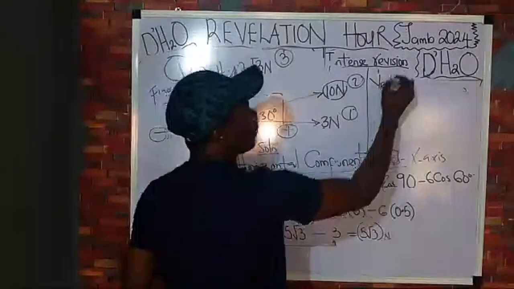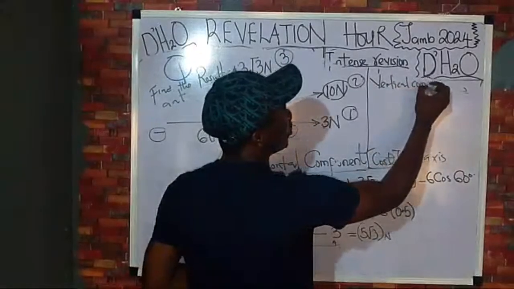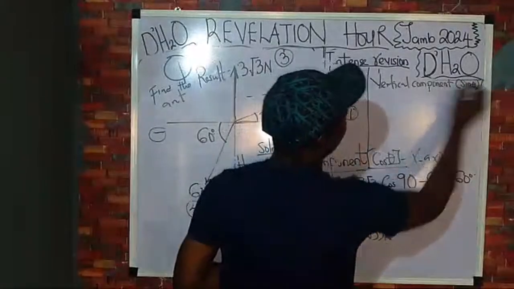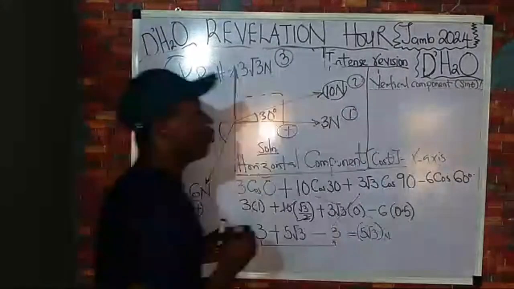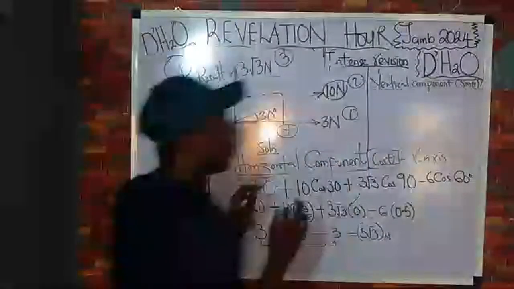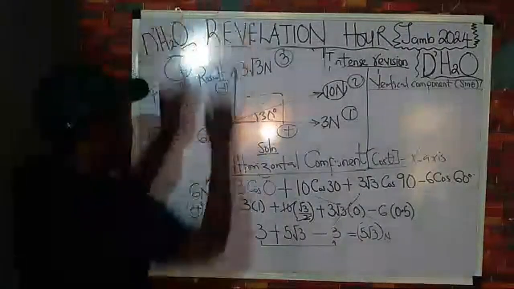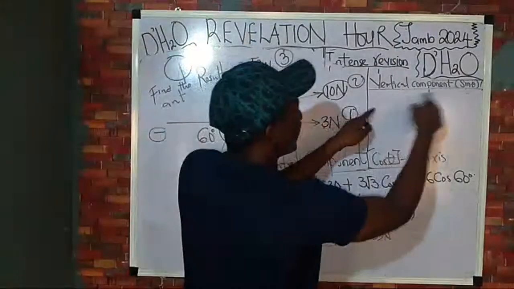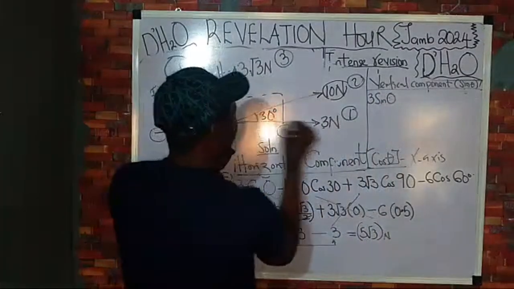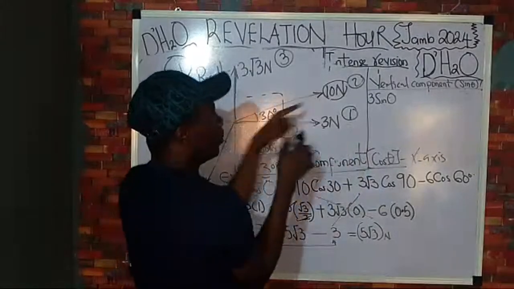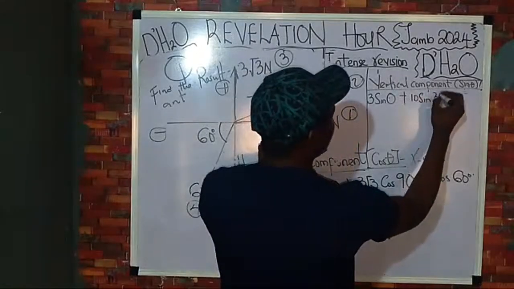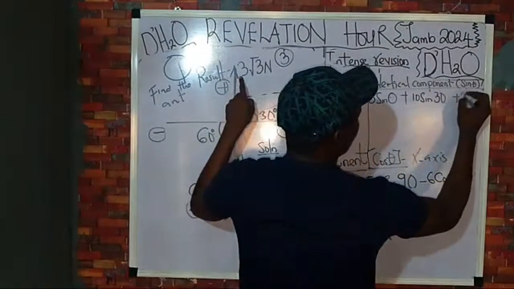Remember, if I tell you vertical component, you will use what? You will use sine theta. Yes, you must use sine theta. Remember that for vertical component, going up is plus, going down is minus. So for vertical component, this one will be 3 sine 0, because the angle this one makes with the resultant is 0. Here, plus 10 sine 30, because the angle here is 30. Here, plus 3 root 3